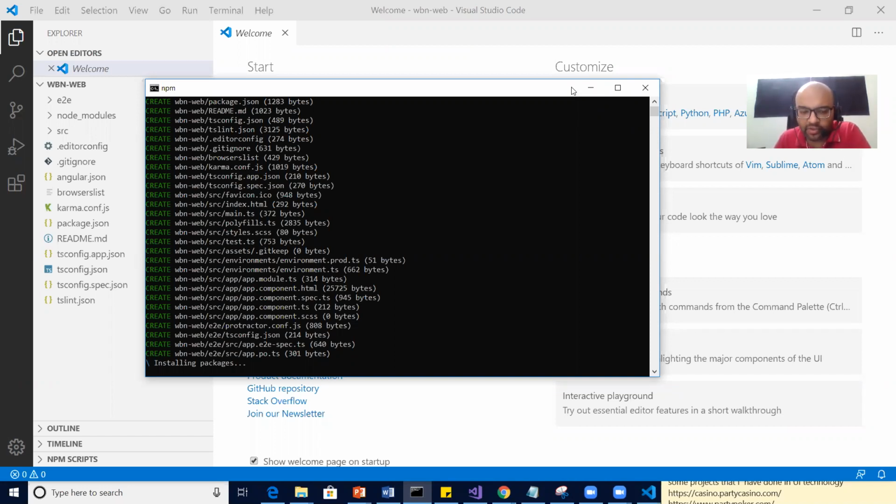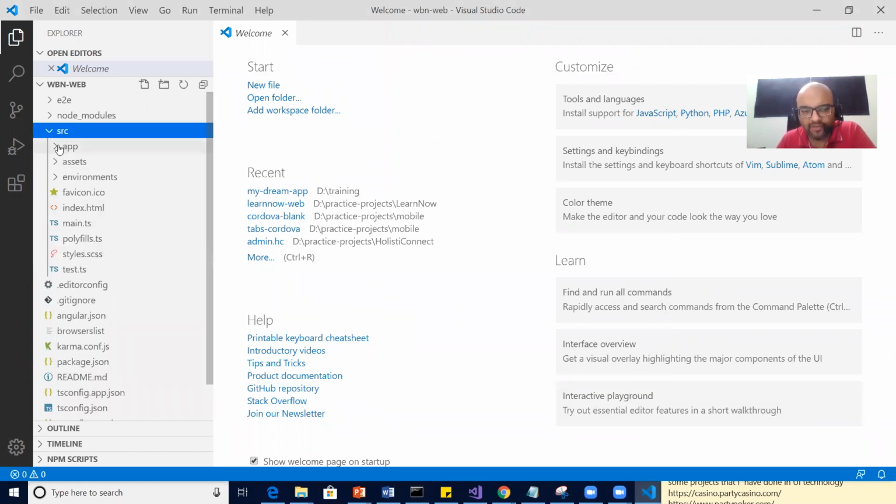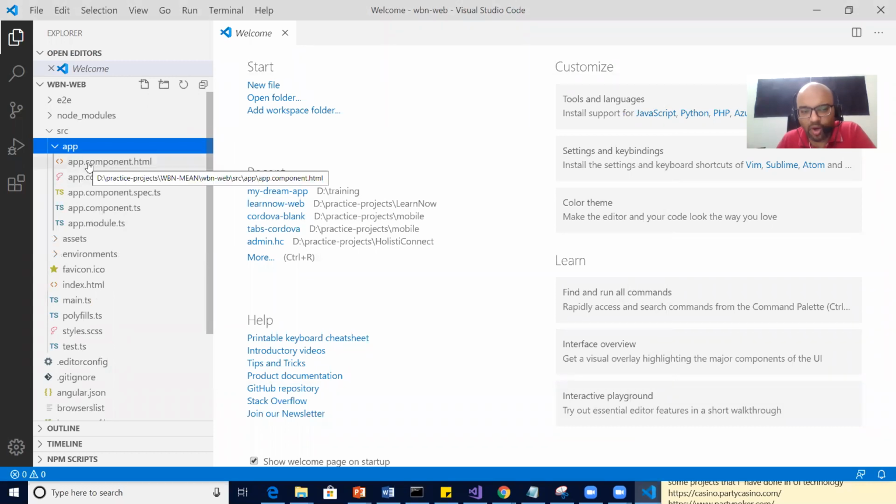So where should I start from? Okay, you can see you have a default project. You have the app folder, and inside that you have the app component files: app CSS, SCSS, app TS, module file. All these things are here.